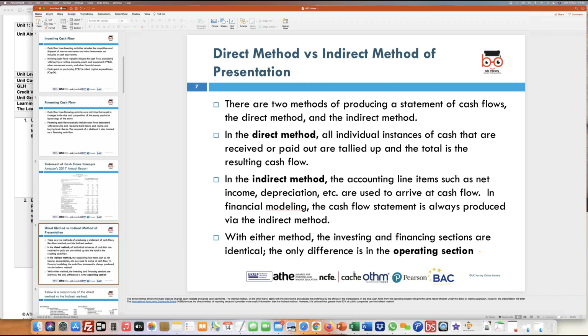Now, the direct method is more favored by the international accounting standards as against the indirect method, because in the direct method the company would be showing the details of where the money or the cash is coming into the business, and that would be favored by the international accounting standards side. But most companies, 90% of them, basically prefer to do the indirect method,